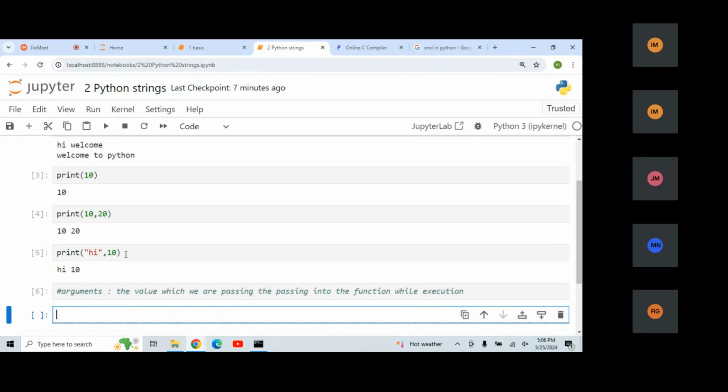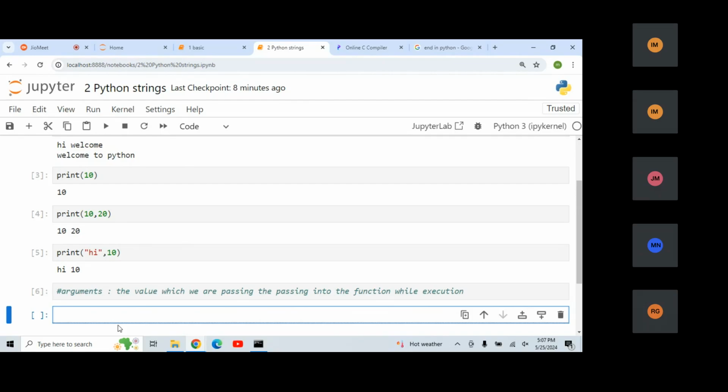here the print function is executing and we are getting some particular result. So whenever you're executing any function, you are passing some particular values, and these values are called arguments. Clear? These arguments are going to be saved under a particular name. When we learn custom functions, we'll get the idea of how to create the name to store these values. That is called parameters. So by default in the print function, there is one name given, and the name is called